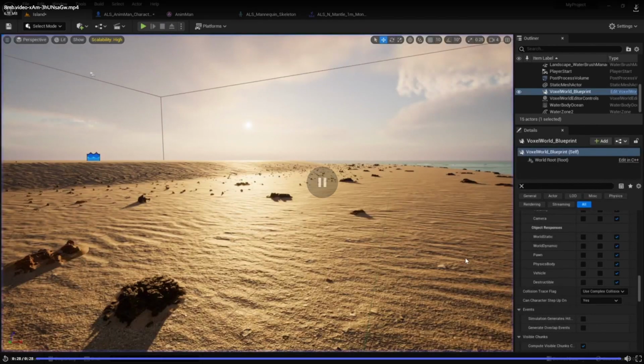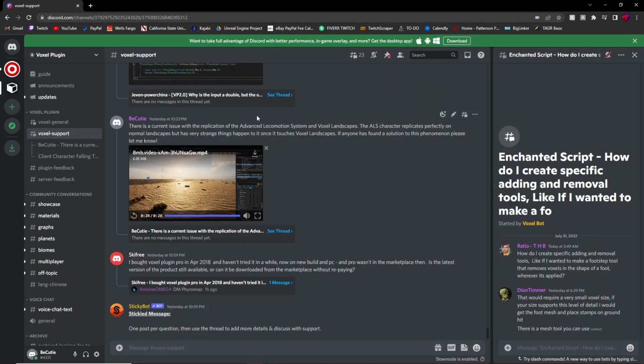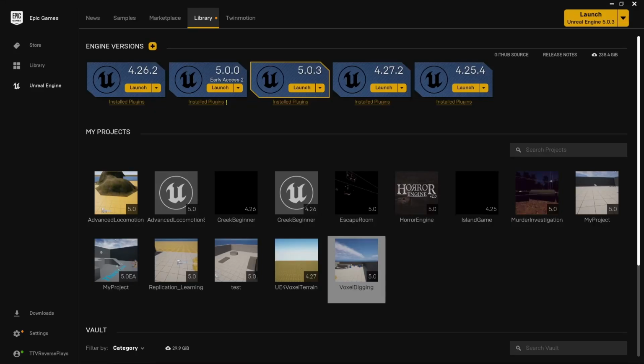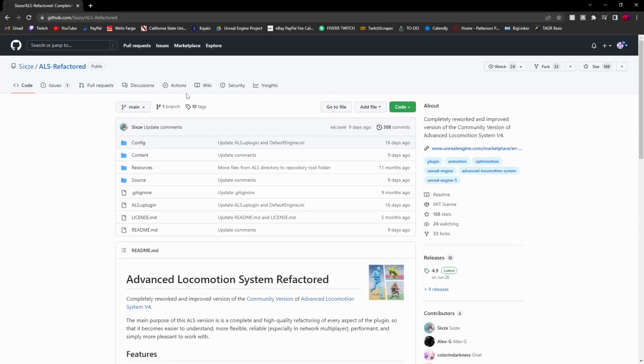So what we're gonna have to do, at least I believe it's the issue with the feet, is get a different type of ALS. So we're going to be getting this ALS. This is called the ALS Refactored. I'll add this to the description. If I end up not adding it for whatever reason, just look at this link, copy it,